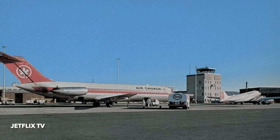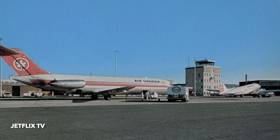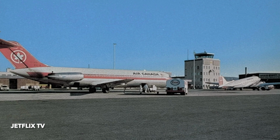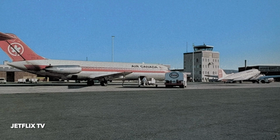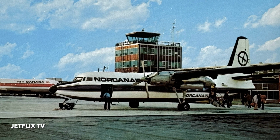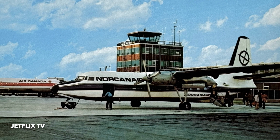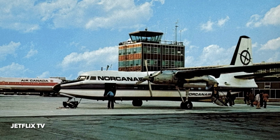Speaking of which, here we have an Air Canada DC-9 sitting on the ramp at Thunder Bay in the company of a Transair DC-3. This image would date to about 1974, 1973, thereabouts. Our journey now takes us to the prairies, and we are now at Regina Airport. We have a Norcan Air F-27 with passengers arriving on the open ramp with an Air Canada DC-9 in the